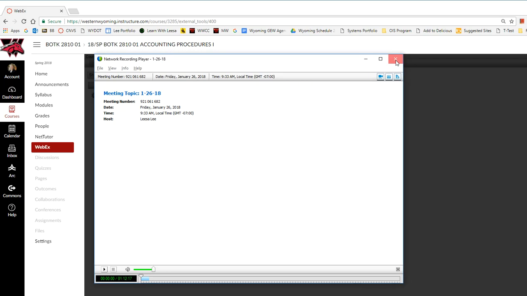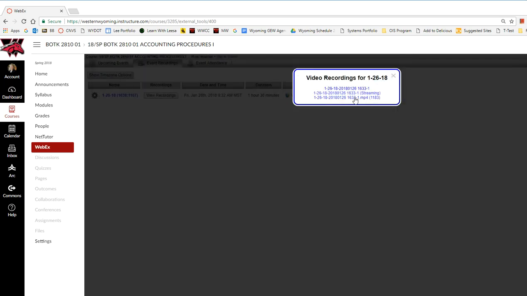And I want to show you the third option, which is an MP4. An MP4 is a video file. So you will download a file and then you can watch it on your device. Some students like to do that because they can possibly watch that MP4 on a different thing, like their phone or a tablet or a laptop, and still keep the computer running. For this class, you're usually using your paper and pencil to do your work, so the video can maybe be on your screen. So to do that, you just click on the MP4, and